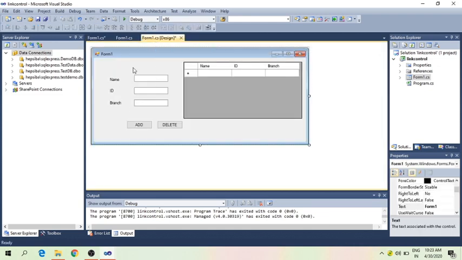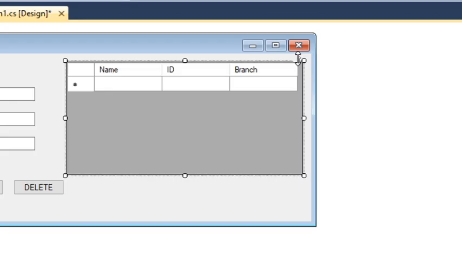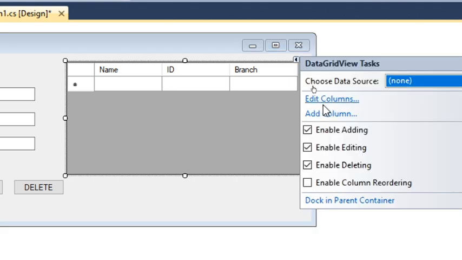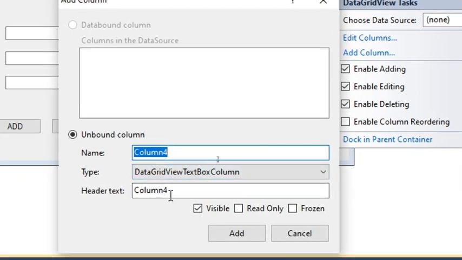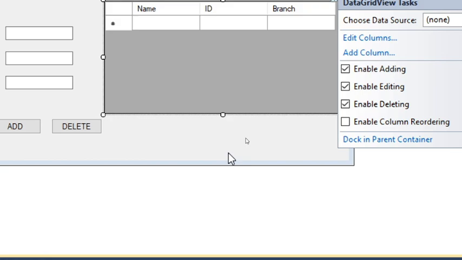Okay, here I have a form. I have already created a form which has three columns. These three columns you can add by clicking a small triangle here. See here, a small triangle you are able to see. By clicking on this, you go to add columns and you can add the required number of columns. Write the column name and click add, and if you don't want any of the columns to be added, click cancel.